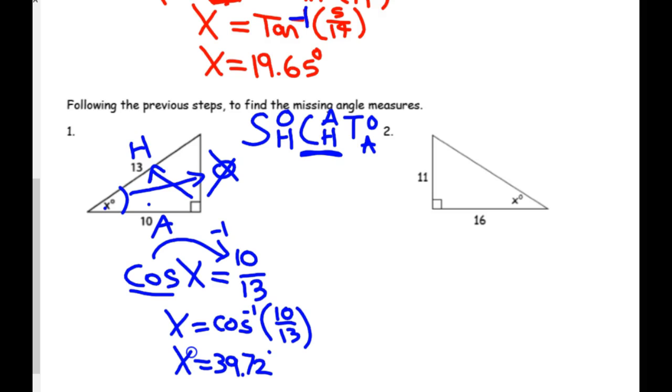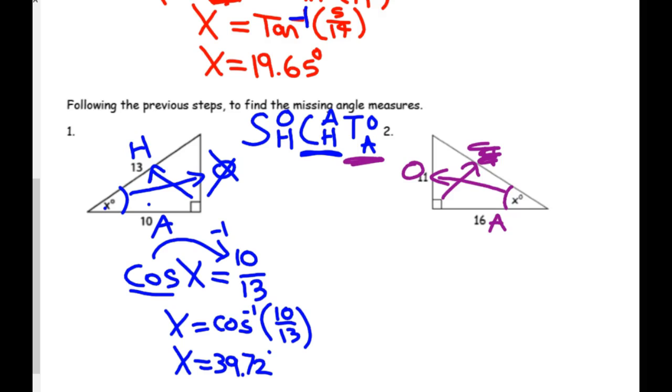Let's label O, H, and A from x. So O, H, and A. Which one do I cross out? H is gone. So OA is